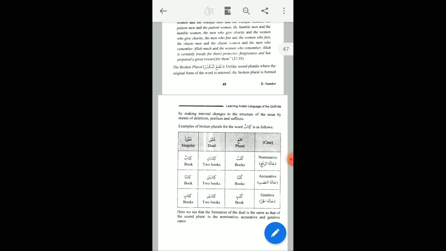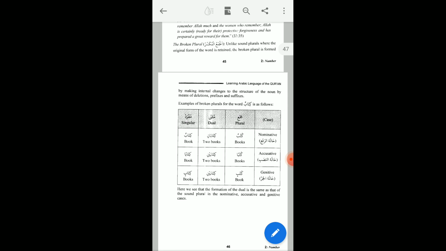I would just touch a little part of al-jam'ul mukassar, the broken plural. Unlike sound plurals, where muslim remained the same, and we just added waw and noon, muslimun, it did not break anyway. But in case of broken plural, we see, for example, kitabun. We say kitabun, kitabani, alif and noon in the dual, kutubun in the plurality,